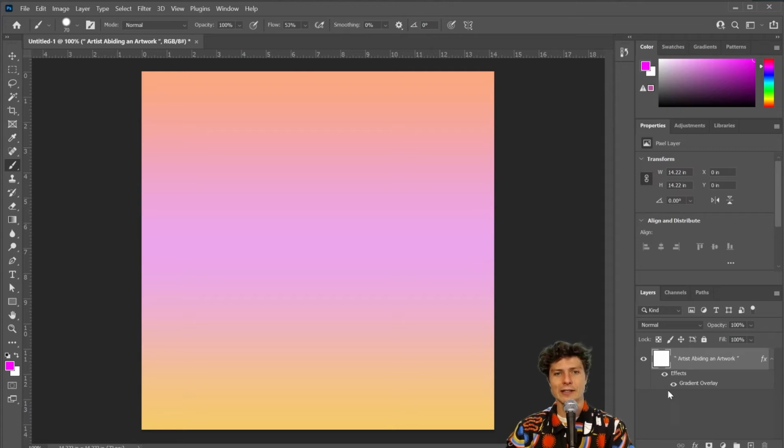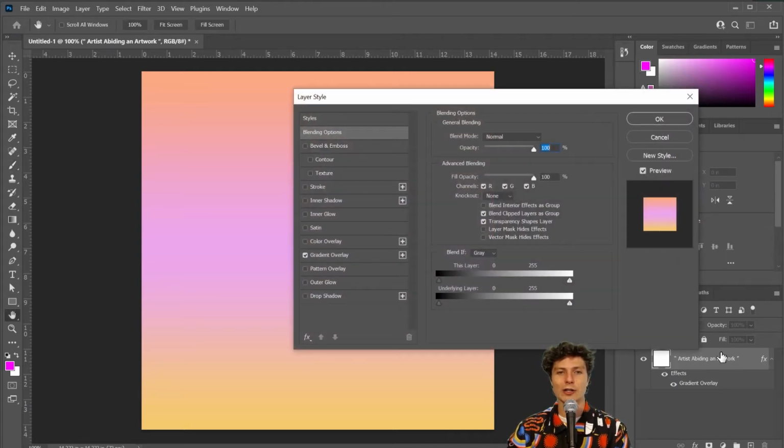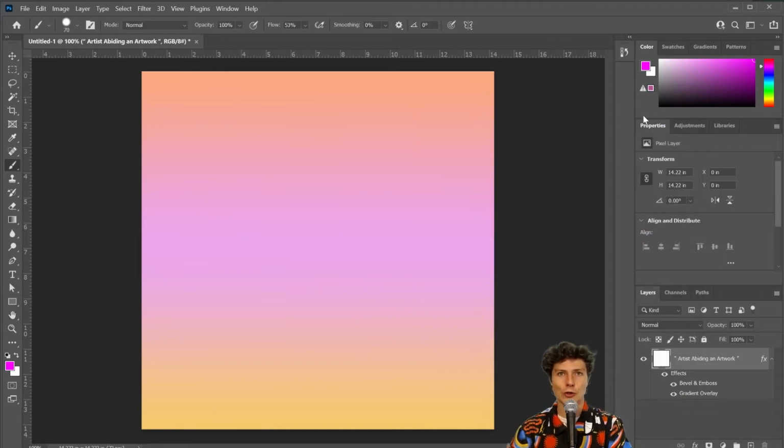Oh, let me just say, in layer styles, you can make them invisible at any point by clicking both of these. You can add more styles on top of it by just double clicking on your layer and adding a stroke. Well, that won't work, but you can add a texture. There's nothing to stroke. That's why it didn't work. You can add a texture to this. There's so much. I encourage you to go wild with this and just learn about Photoshop through playing